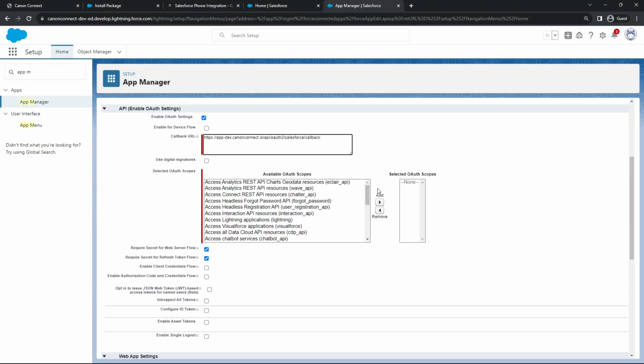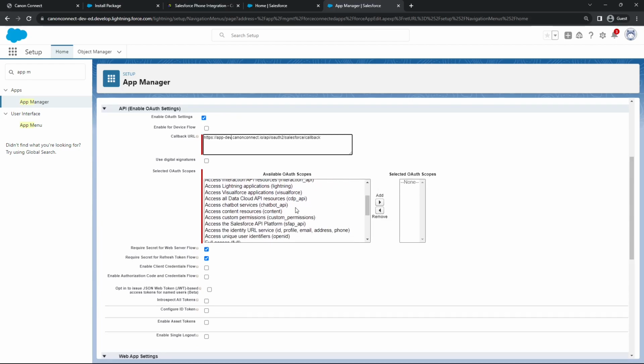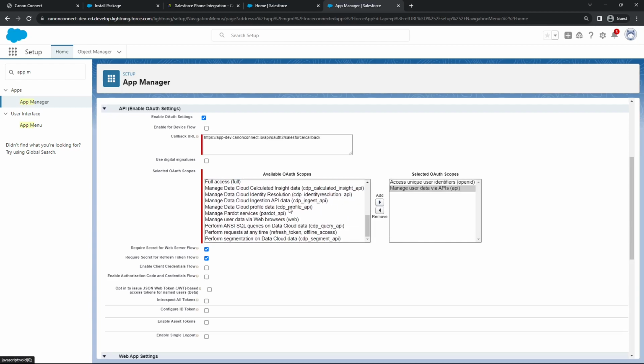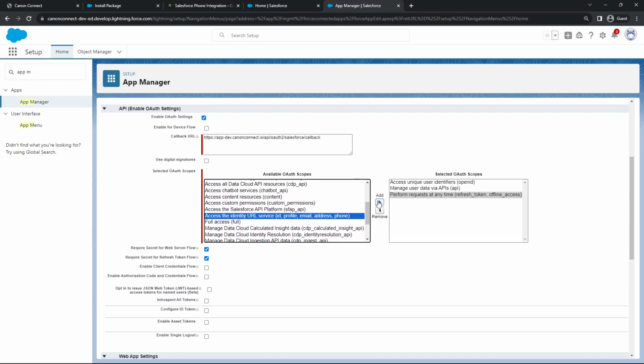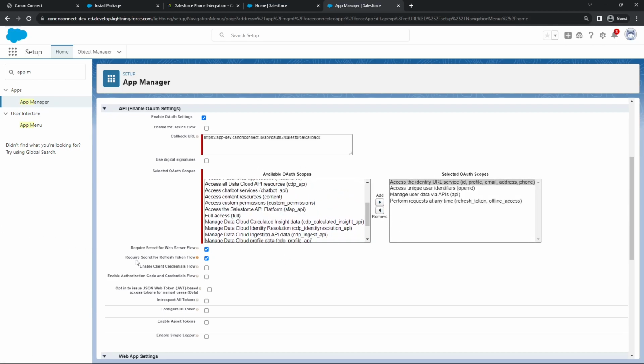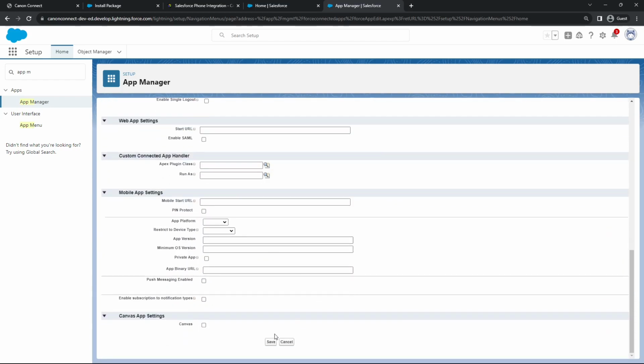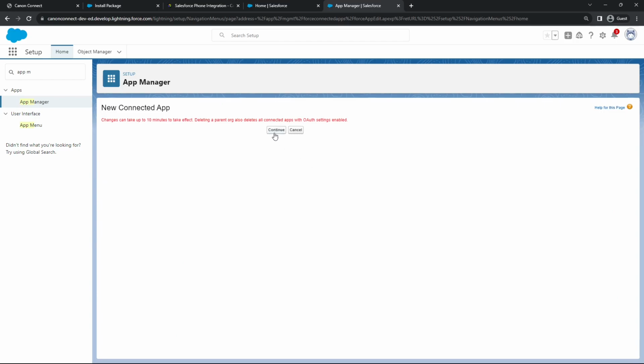Next up, we need to add a few items that allow us to have the proper access. We're going to add the OpenID. We're going to add the manage through the API. We'll want refresh token and offline access. And we'll also want the identity URL. We're then going to turn off the require secret for refresh token flow. And from here, you have all the settings. These items are all listed in the documentation as well. You'll click save, continue,